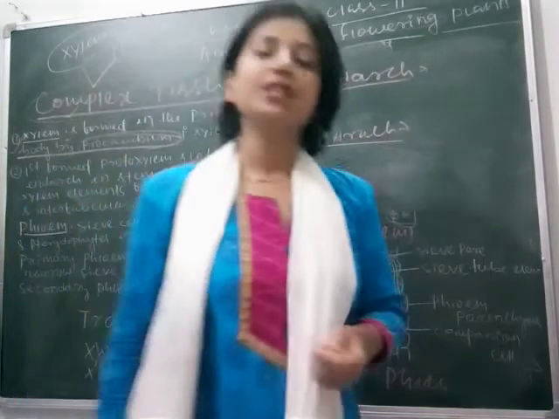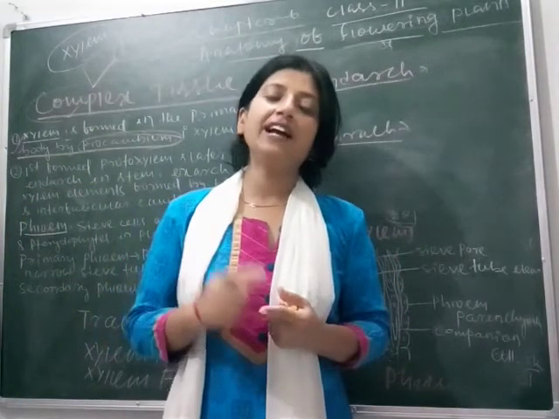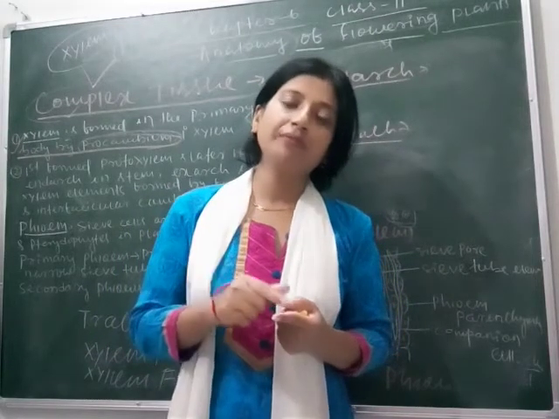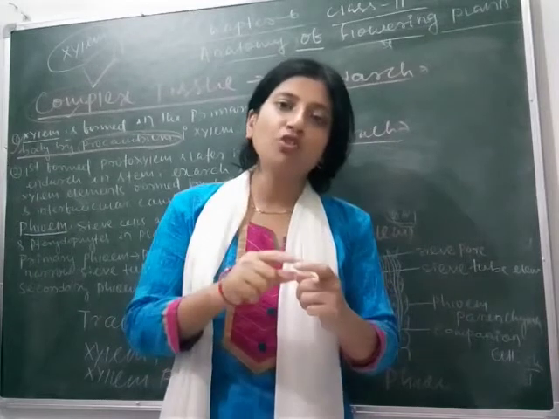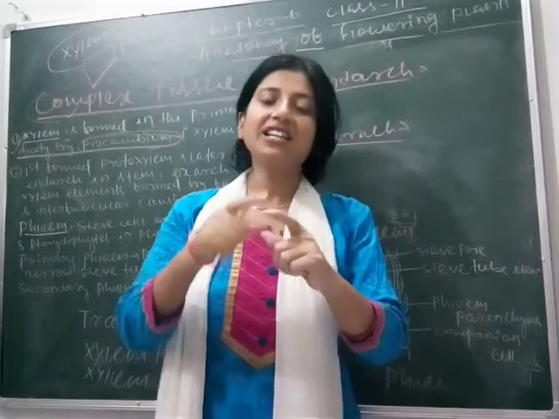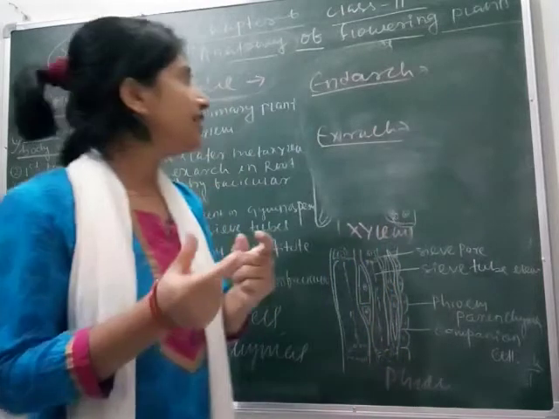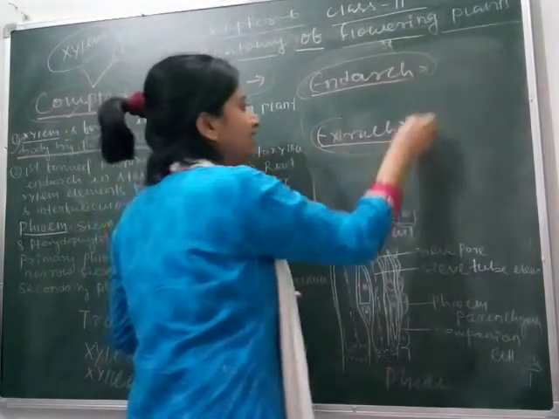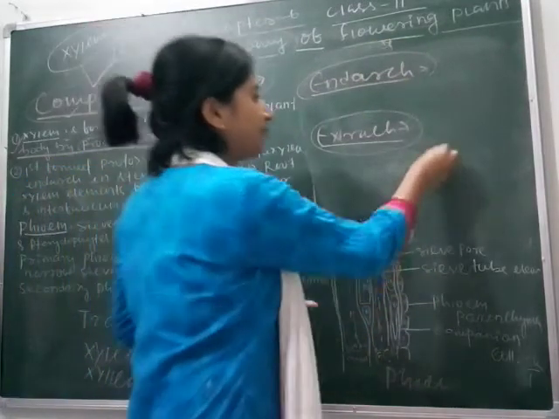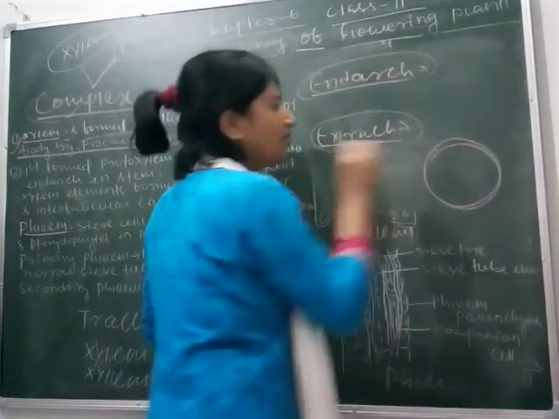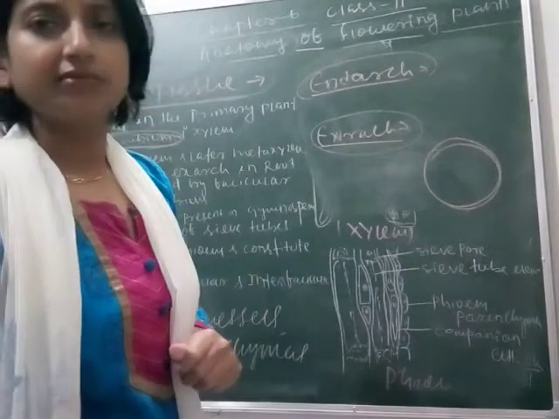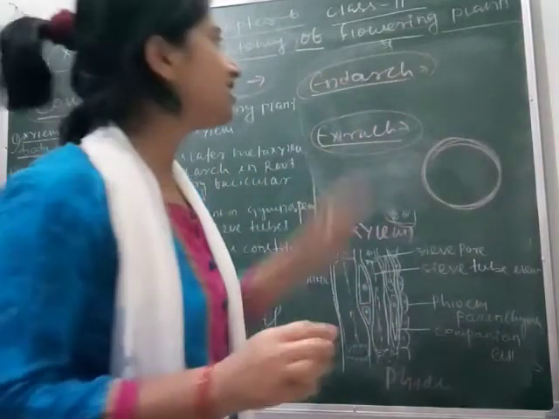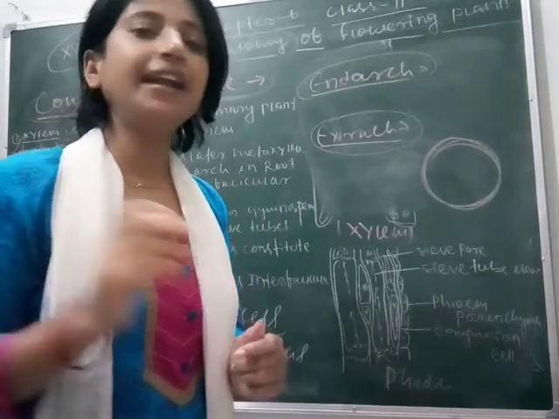As I have told you, xylems which are formed initially are called protoxylem. Clear? And those formed later are called metaxylem. So the protoxylem and metaxylem are arranged in such a way that they form arrangements termed endarch and exarch. So how do they form? See, suppose this is a vascular bundle. Clear? This is a plant. If we cut one of its transverse sections, then we can see the arrangement of protoxylem and metaxylem.